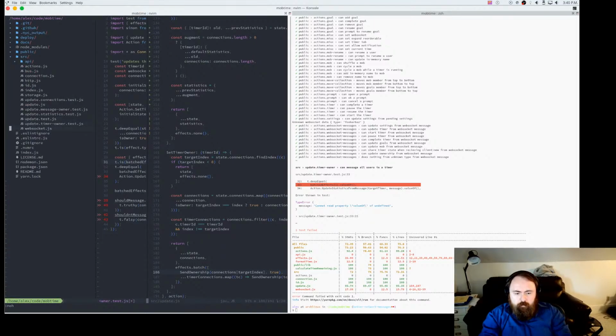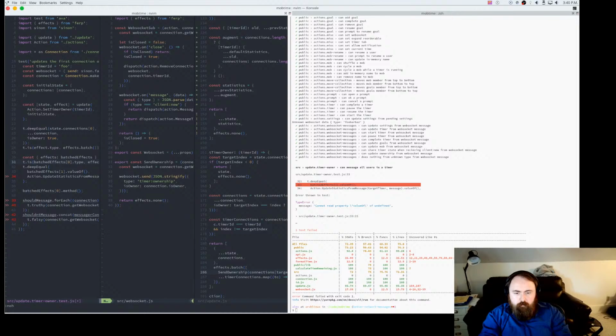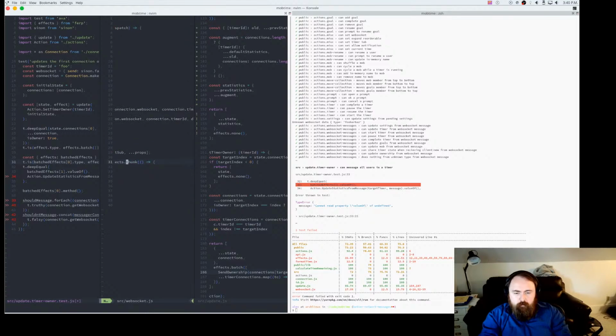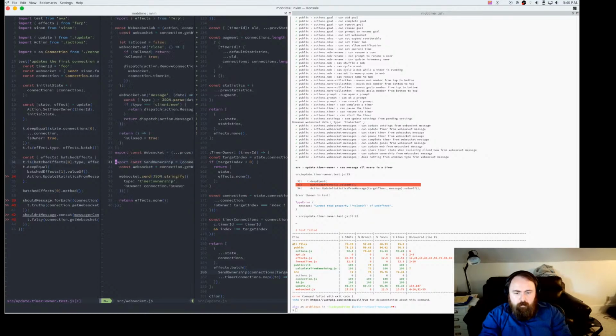So if we go into, I think this is under WebSocket, so we have send ownership, and this is just a method that gets turned into a thunk. And I separated this, but it could probably be inlined. I thought it would be easier if it wasn't, but I'm not convinced anymore.